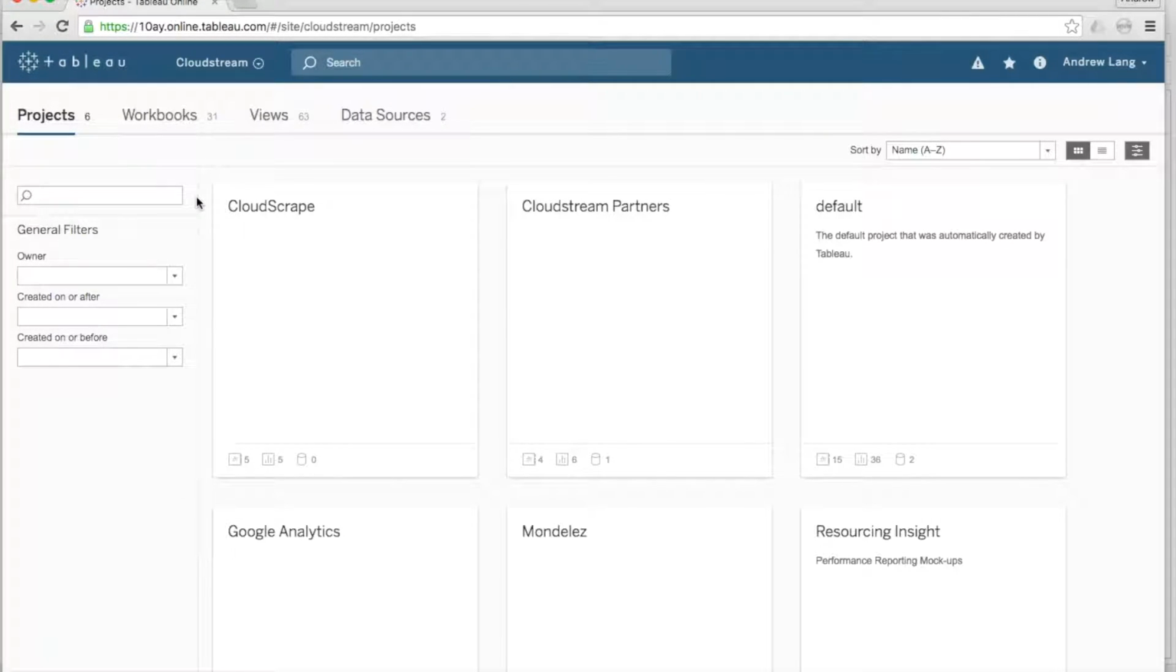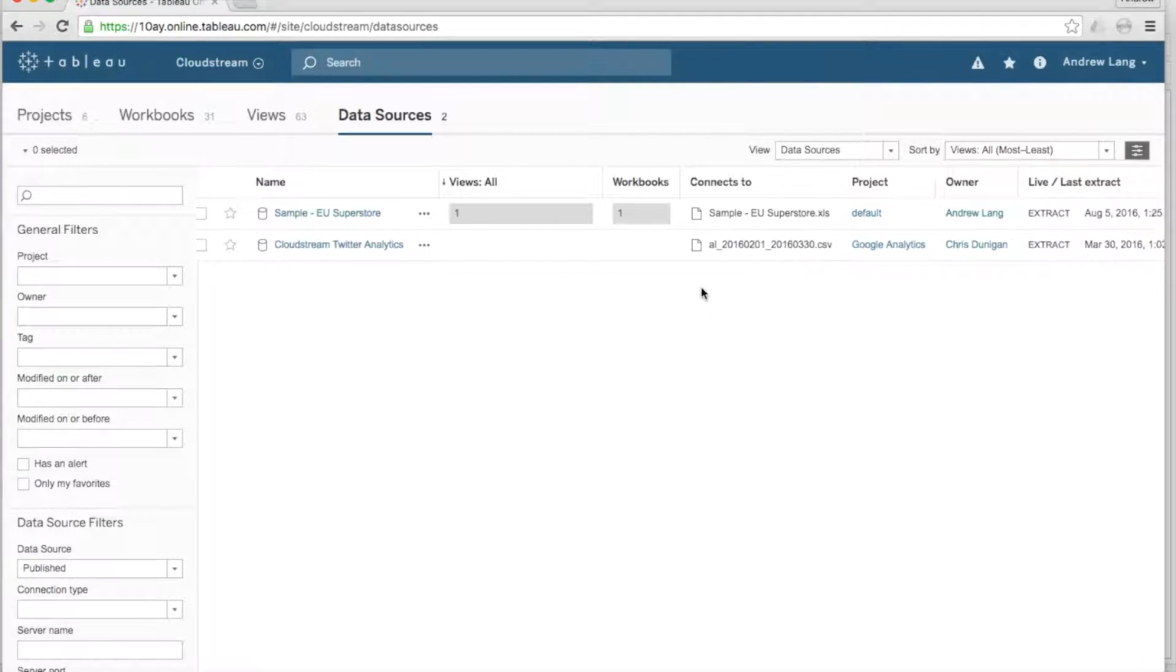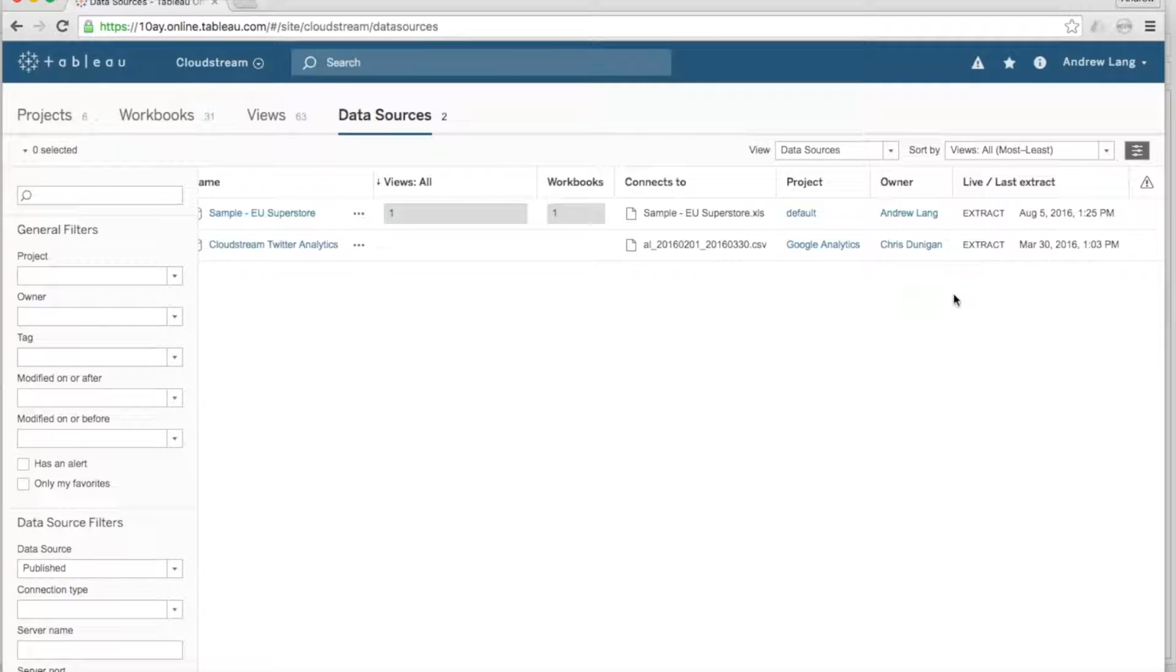and once you are at your home page, you simply select Data Sources, and here now we can see the various views that we have of our data source and the number of workbooks being used by that data source. We can also see whether it is live, and if it is an extract, when the last extract took